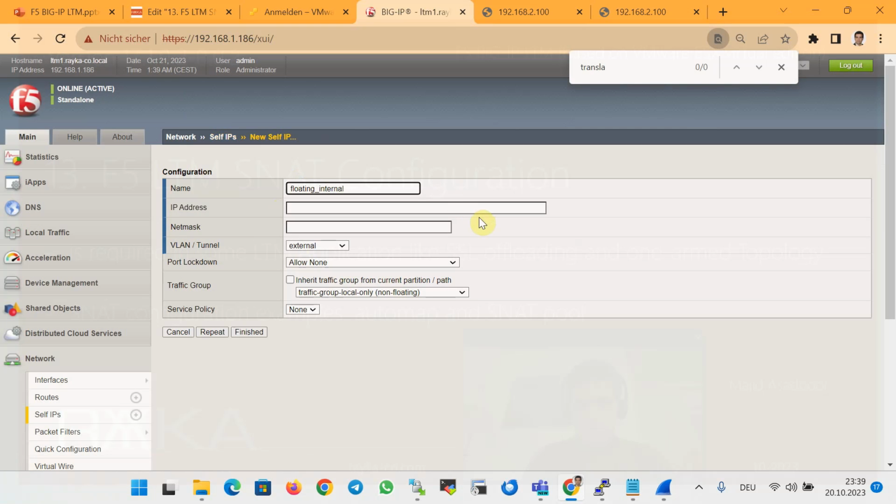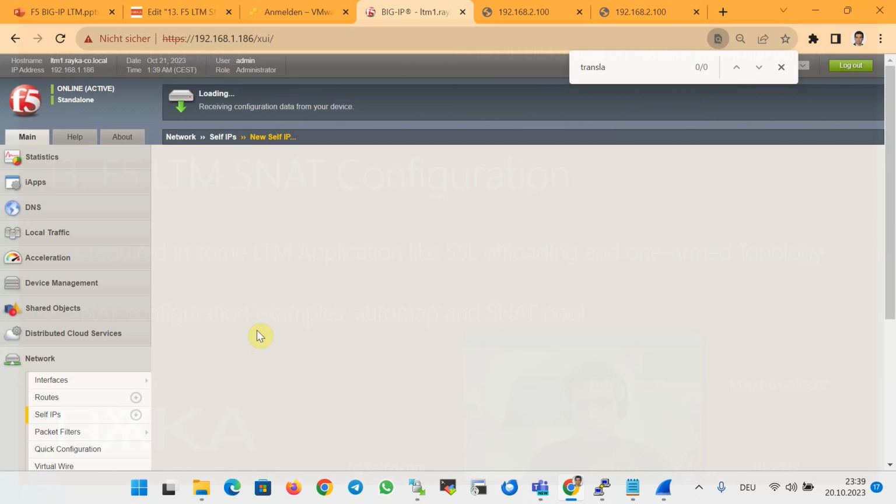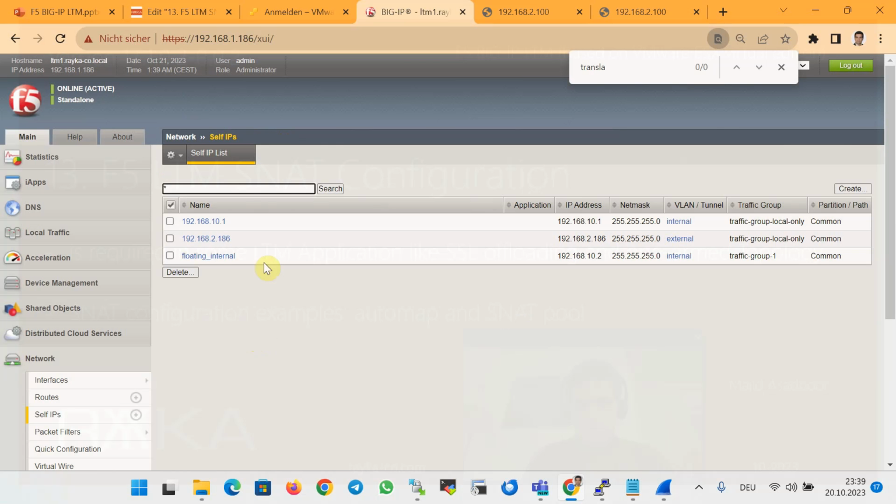It is floating, that means not bound to any interface, like a loopback interface, and this is floating. And the IP address, for example, 10.2 with a mask 255.255.255.0, and it is related to the internal interface, and finish. Now a new floating self IP address is created in the BIG-IP, which must be preferred over the outgoing interface self IP,